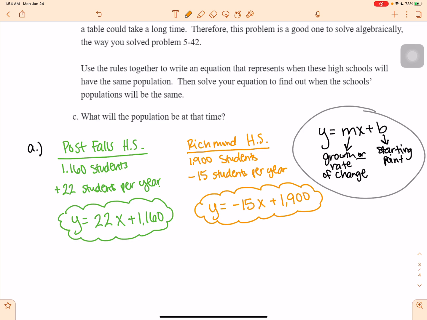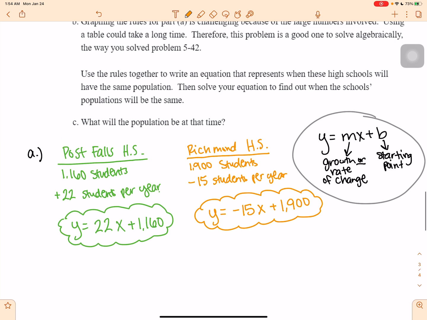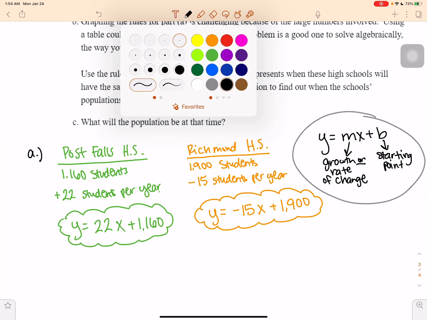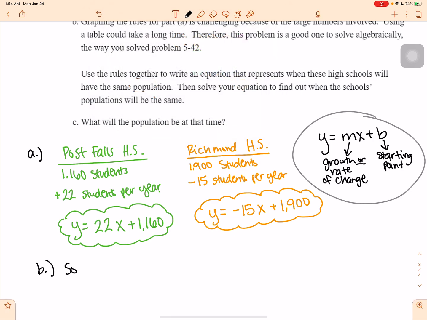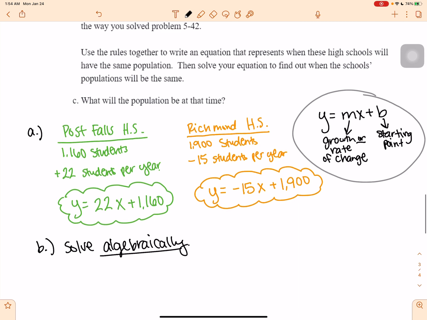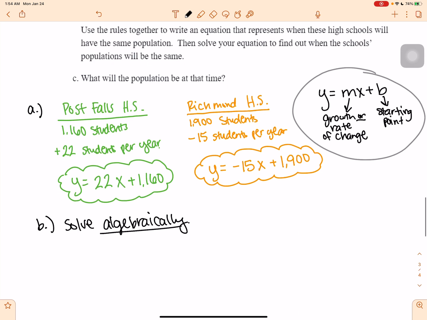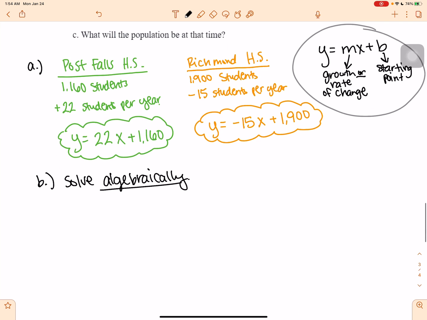Now, these numbers are really, really big, okay? So we need to solve it now, but we need to solve it algebraically. You could probably definitely graph this online, but I need you to know how to solve it algebraically so that you don't have to rely on a graphing tool, okay? So here we can use the equal values method, where if we have both of these,